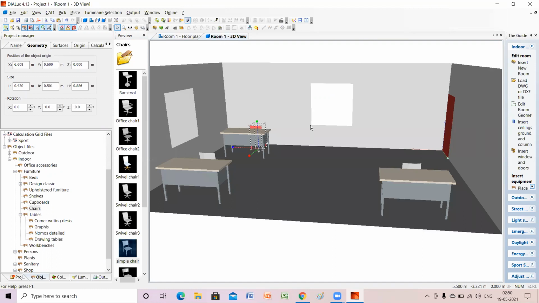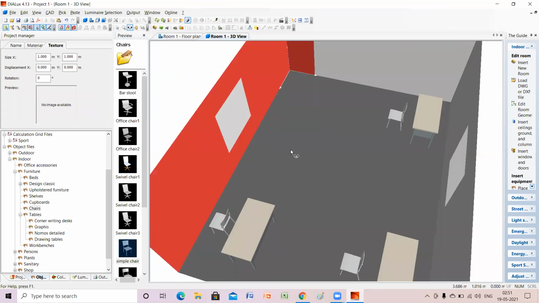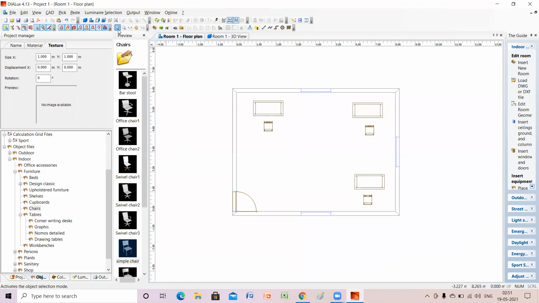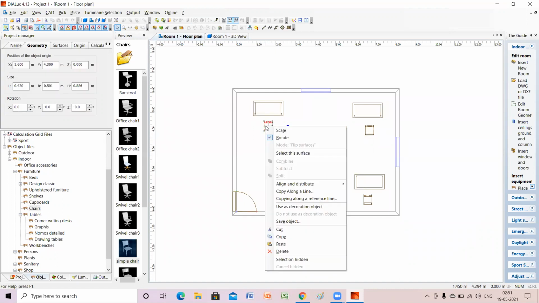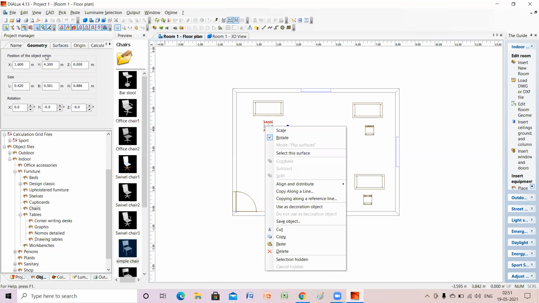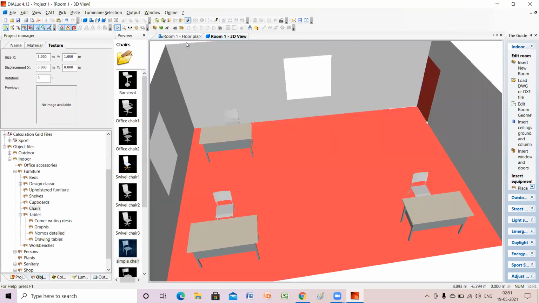So if you want to see your 3D room, you can see this 3D room. So the chairs are opposite to the desk. So you go here, you click on the chairs, you right click it, geometry, rotation, you give your Z, or you can just keep it here. Just rotate it 180 degree. Hold it and rotate it 180 degree. So now your chairs, I think, are in place.